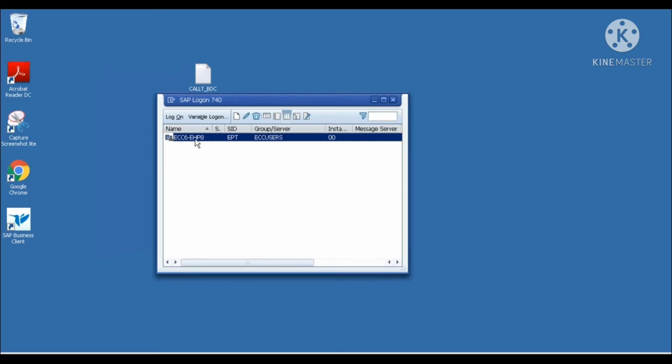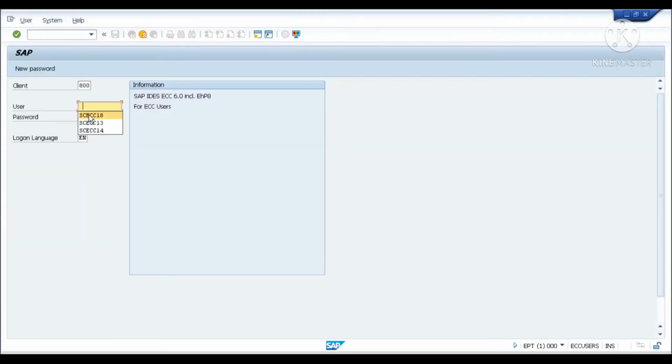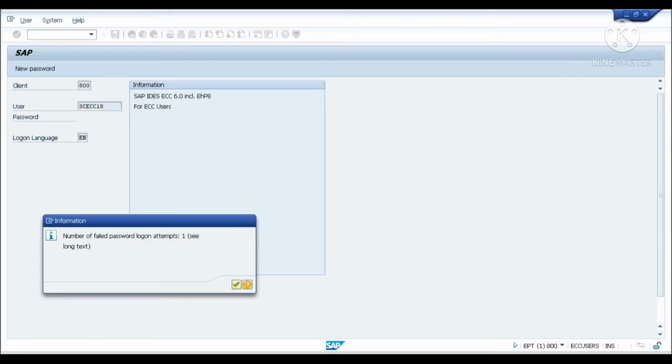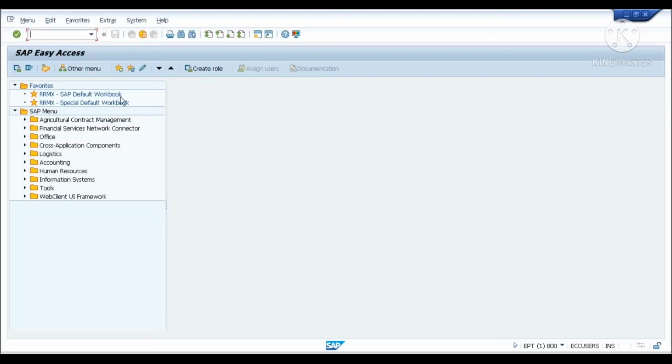Fine, let's log in to this system. You will be provided the user ID and password. Give the user ID here and the password here. Maybe I typed something wrong. Once you provide the password, you will log in to the system.